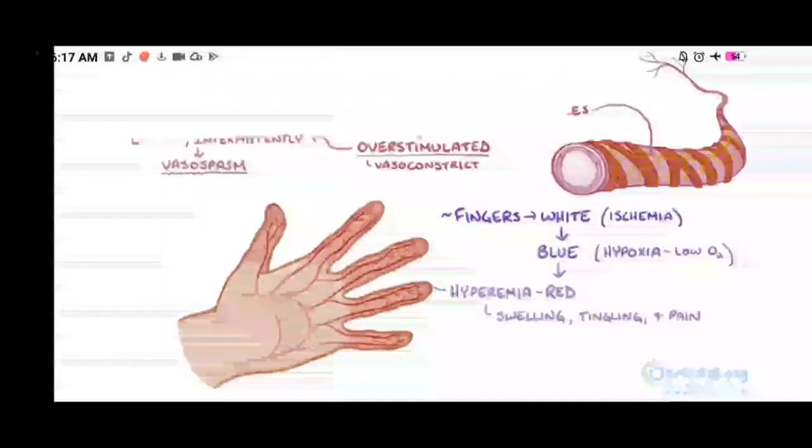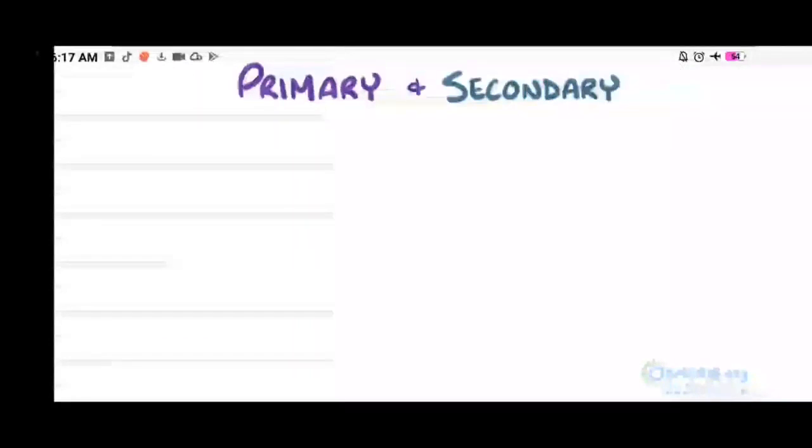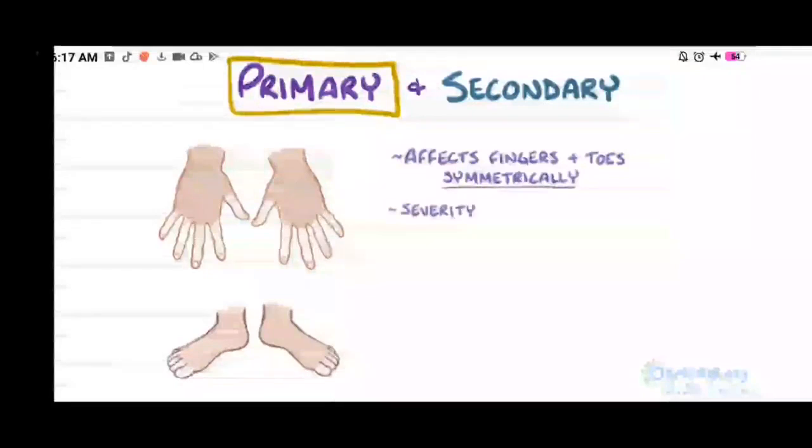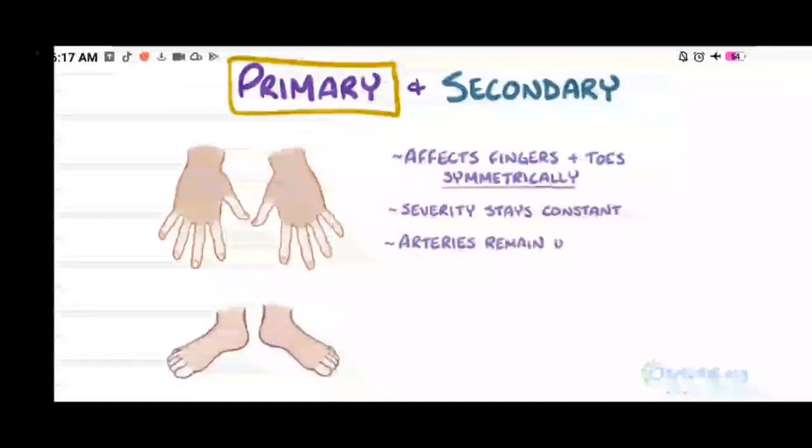Now there are a few important differences between the primary and secondary Raynaud phenomena. Primary Raynaud phenomena usually affect the fingers and toes symmetrically, and severity stays roughly constant over time. The arteries themselves typically remain undamaged unless the episodes occur frequently over a long time, in which case there may be some thickening